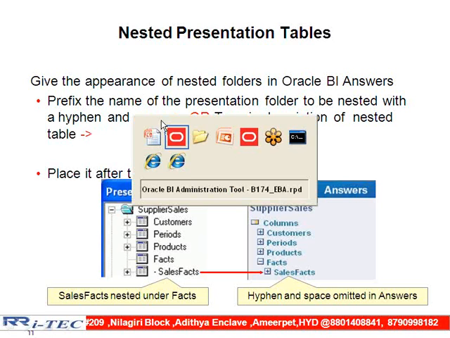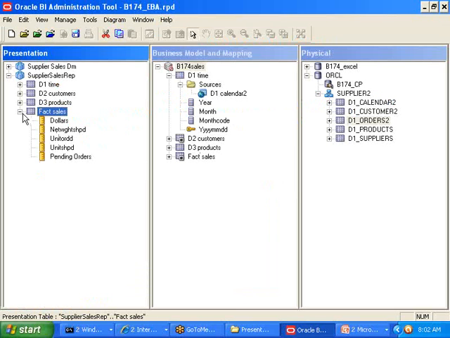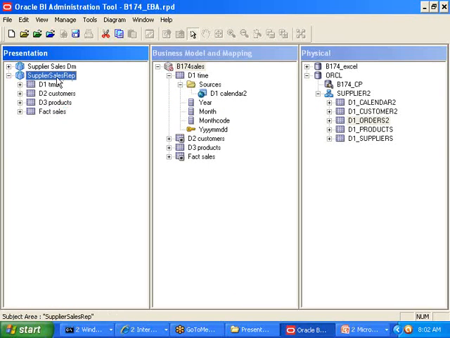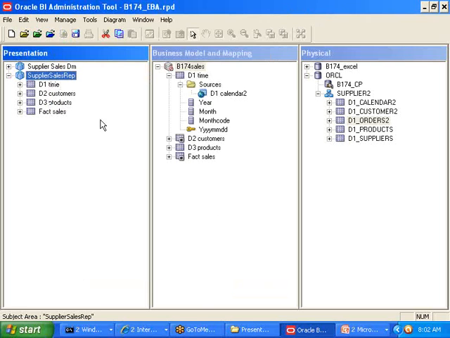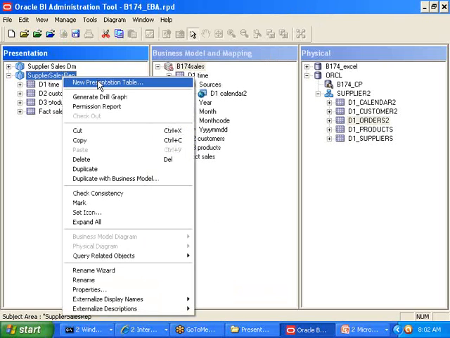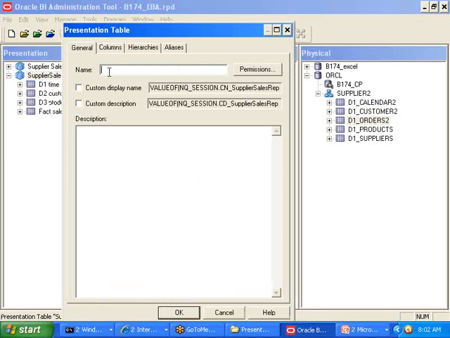What it means is, go and create one presentation table here. I am creating a presentation table under this one. Double click on this one, then I have one option, the plus symbol. You can use that, or you can right click on this one and go to New Presentation Table. Whatever name you want to provide, you can provide. Let us say I am providing the name as Actual